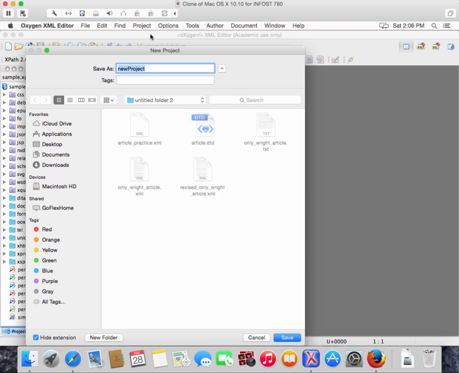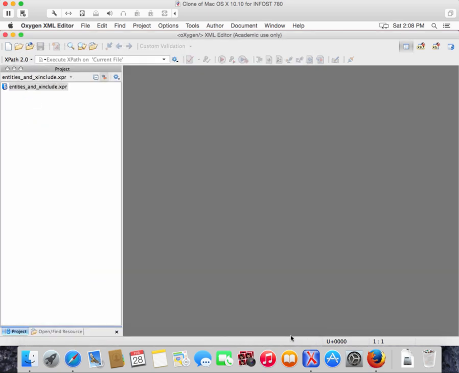Okay. And I'm going to call this project Entities and X-Include. Okay? And you don't have to put dot whatever. It's going to give it the right closing name. So let's just shrink this